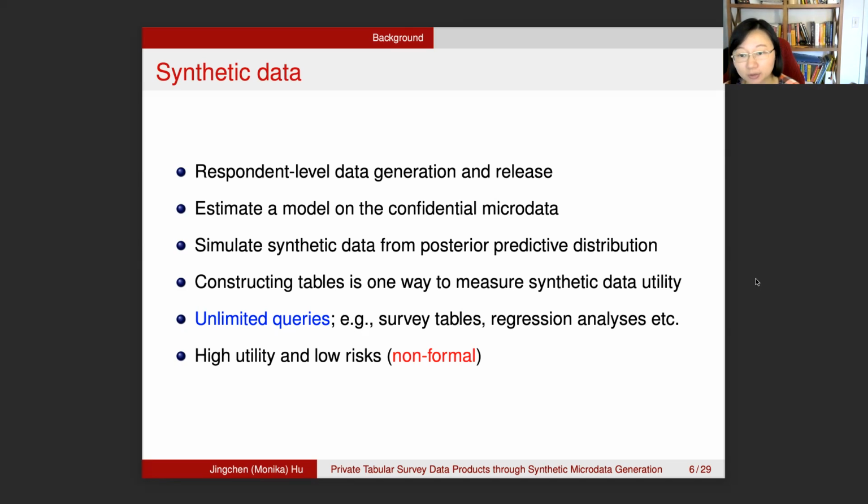I just want to say that constructing tables based on the microdata is actually just one way to measure the data utility, because you could do many other things like regression analysis or point estimates or confidence interval estimates. What is special here is once you have your synthetic microdata, you are able to do what we call unlimited queries or unlimited inquiries over here, that you can do survey tables, you can do regression analysis,